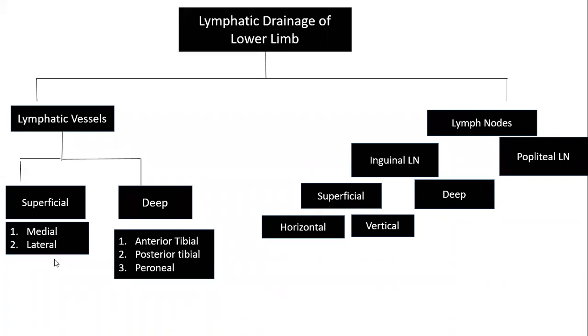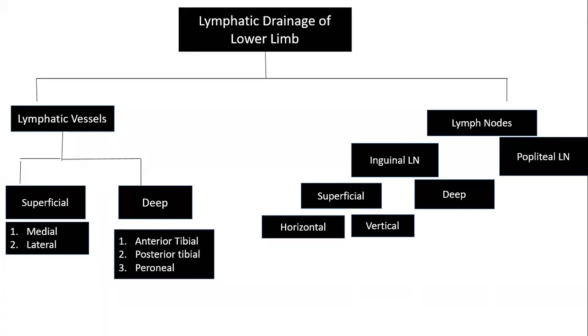The medial vessels start from the dorsum of the foot and accompany the great saphenous vein, and finally they drain into the vertical group of lymph nodes. Whereas the lateral set of superficial lymphatic vessels start from the lateral side of the foot. They accompany the course of the small saphenous vein and drain into either popliteal lymph nodes or join the medial group,